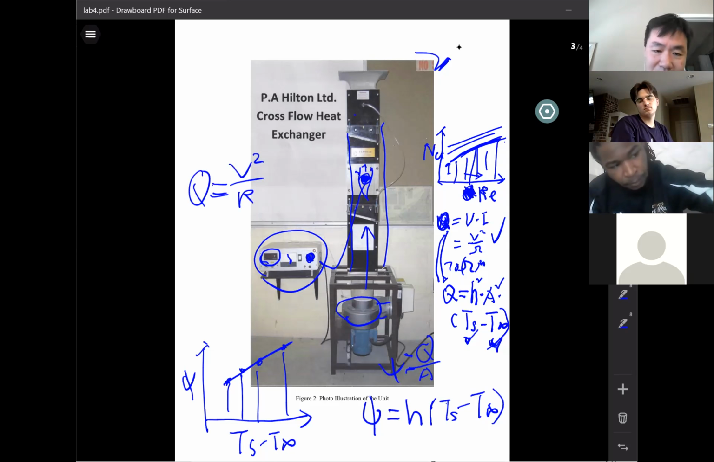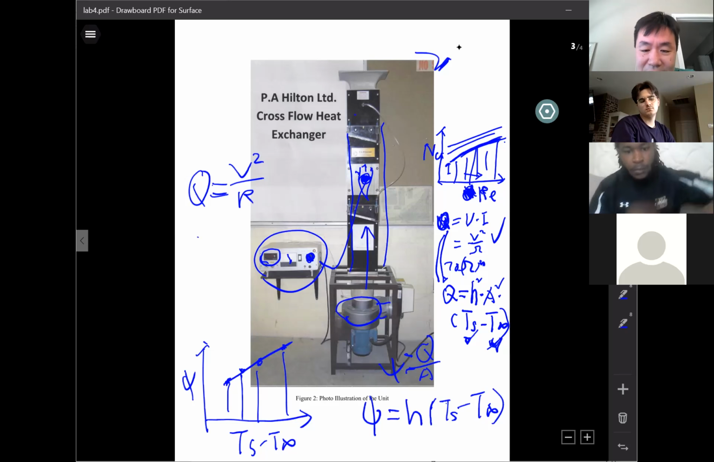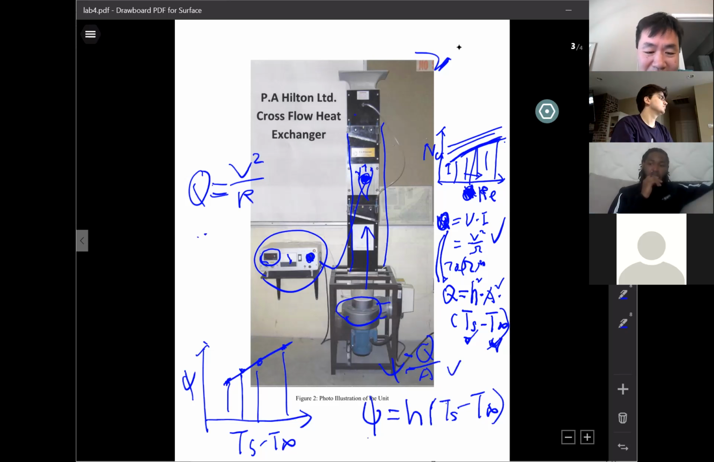Okay, you switch the voltage 4 times. You have 4 different voltages, you have 4 Q. Q divided by area is phi, so you know the phi. Based on this Ts minus T infinity, the delta T value, each delta T should have a phi. Okay? So you can have a plot, a straight line